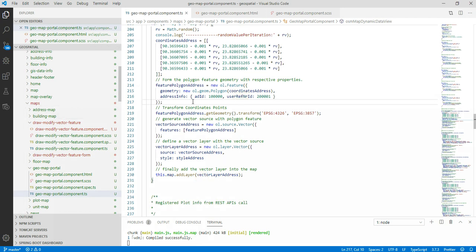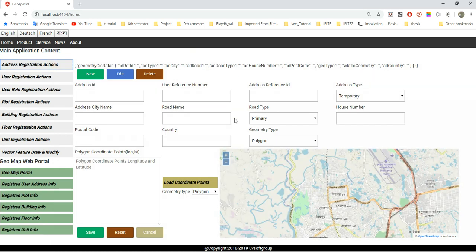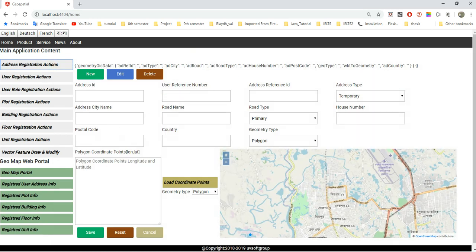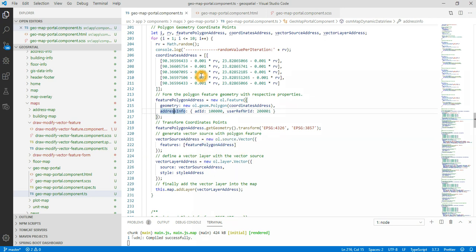So this is the object model that we pass here, into our input models. These object models, everything is there, and then we just put these object models in as a definition. This data is coming from the backend server, from the service call. We transform the coordinate points from meters to degrees, minutes, seconds, and then we source our vector resources and define the resource that we define here. Then we define our vector resources in the vector layers, and at the end of the day add this layer into the vector. That means you have 5 layers. So we have address layers, plot layers, buildings layers,